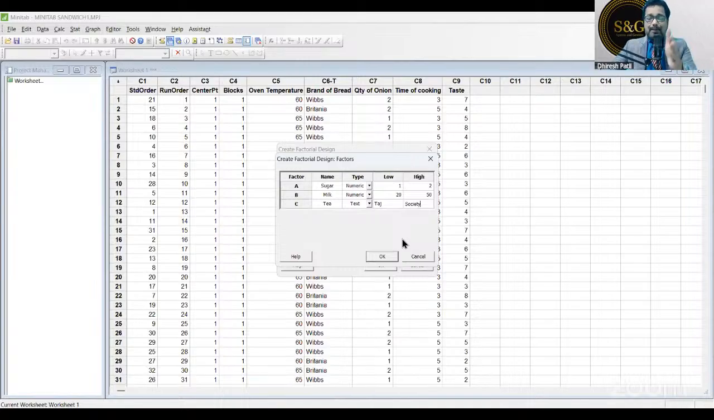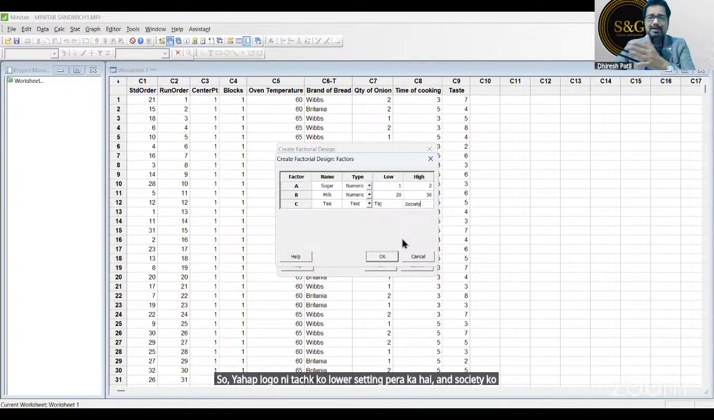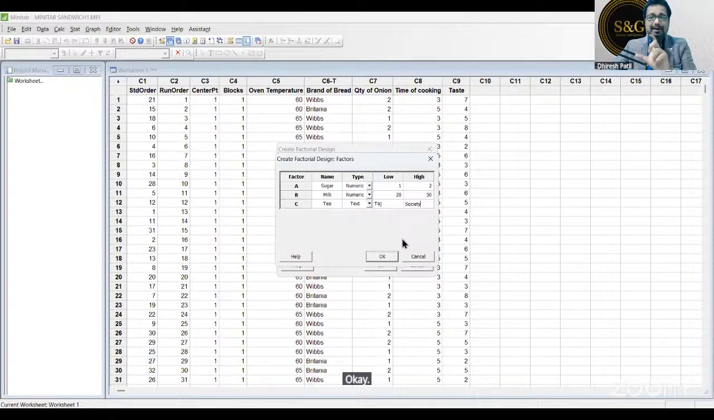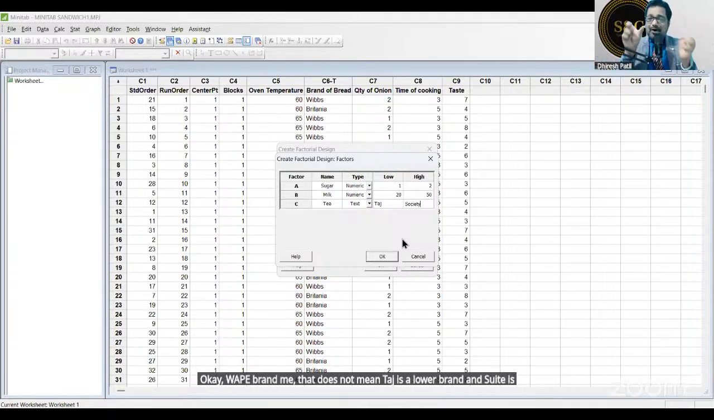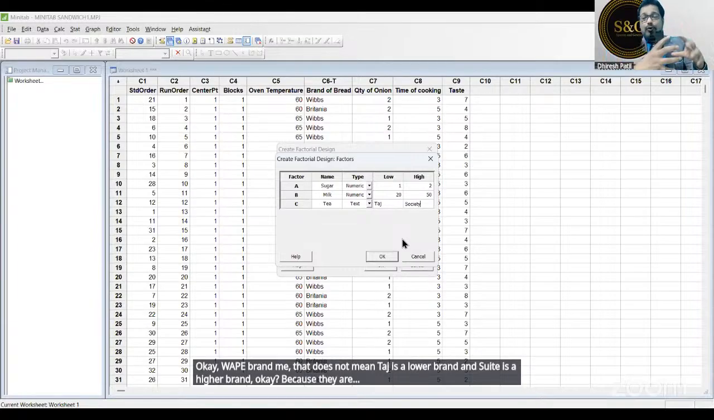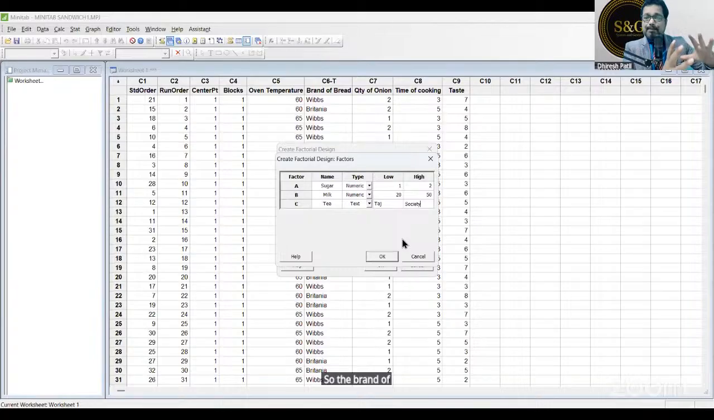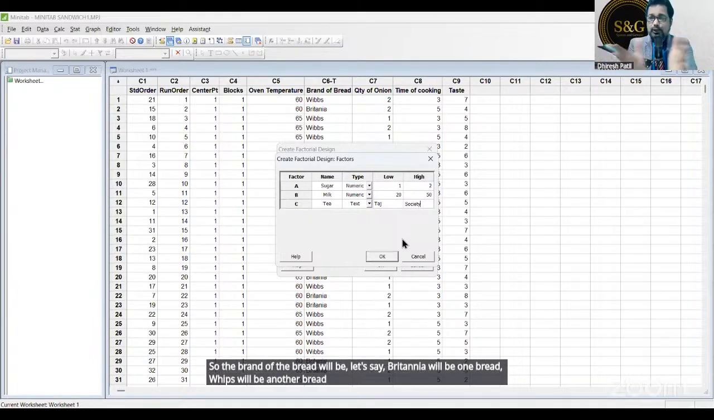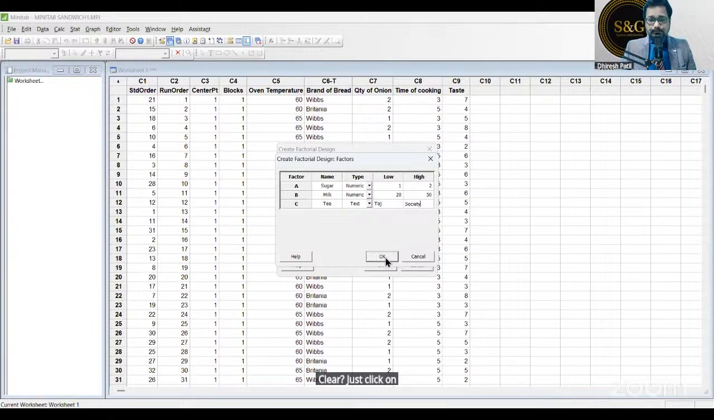So here we have kept Taj at the lower setting and Society at the higher setting. That doesn't mean Taj is a lower brand and Society is a higher brand. Because, let's say if I want to make a sandwich, so the brand of the bread will be, let's say, Britannia will be one bread, Wibs will be another bread. So these will be two settings. That's it. Clear? Just click on OK